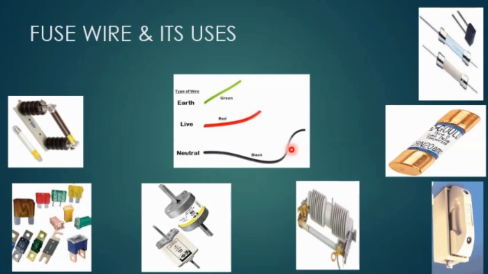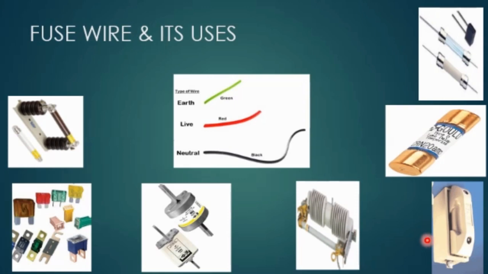So because of the contact between the live wire and the neutral wire, what will happen? It may lead to a short circuit. A large amount of heat is released because of the contact of the live wire and the neutral wire, and due to that, what will happen? Whatever appliance is there, that appliance catches fire. So therefore the fuse is used as what? The fuse is used as a precautionary measure for avoiding these kinds of fires at home.